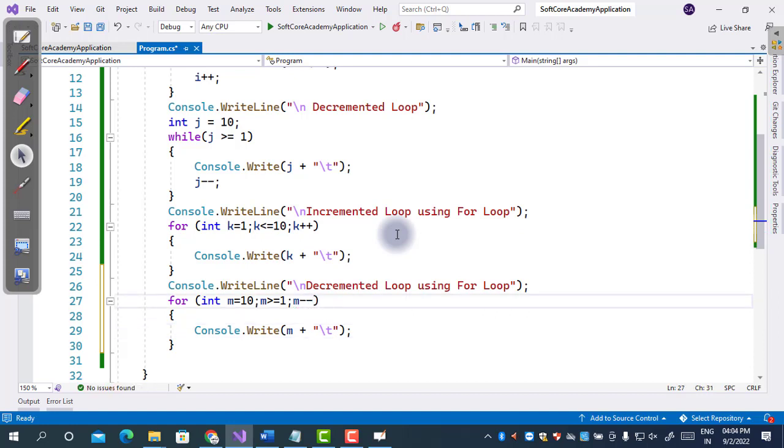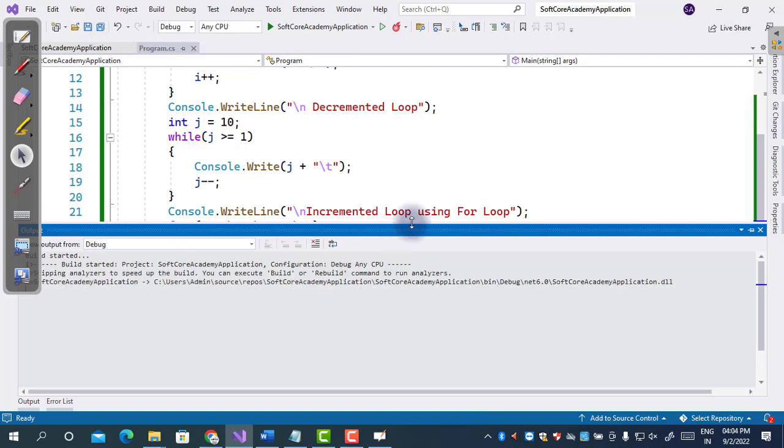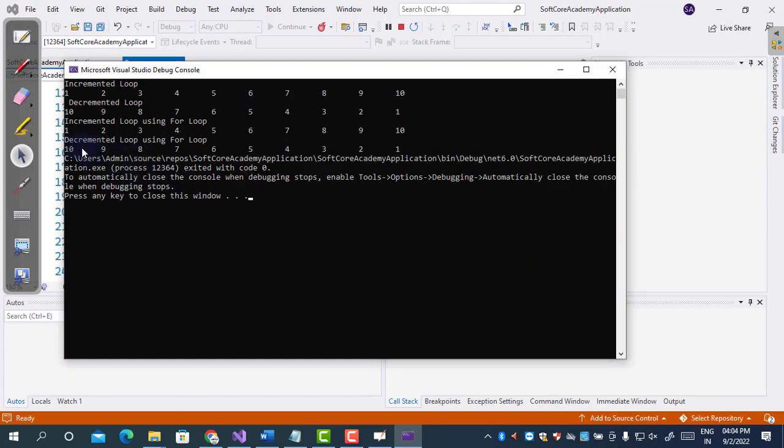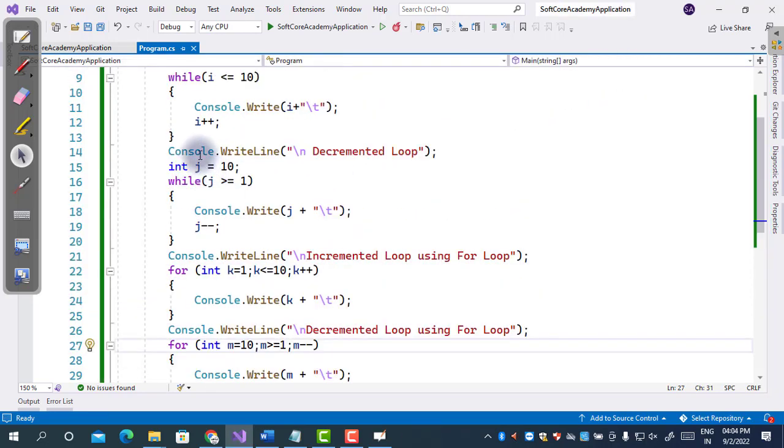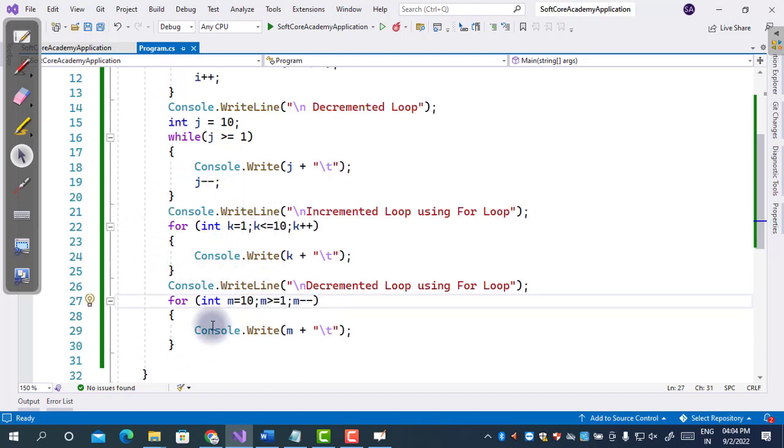This is m minus minus. Why? Because this is a decremented loop. Now just execute this code. Decremented loop using a for loop. So in this way, we can create an incremented or decremented loop using a while and for.